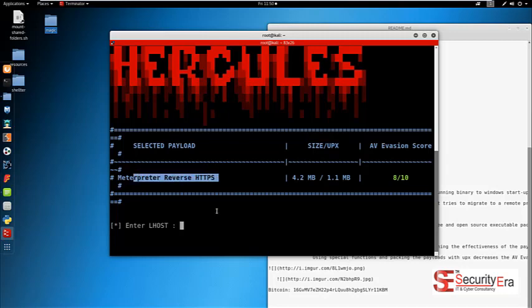We're selecting this payload, so we need to set the LHOST for this payload. The LHOST is the IP address of your Kali Linux machine. If you haven't watched how to generate a basic payload in the previous few videos, then I recommend you go and do so, because I'm not going to explain everything here. So it's